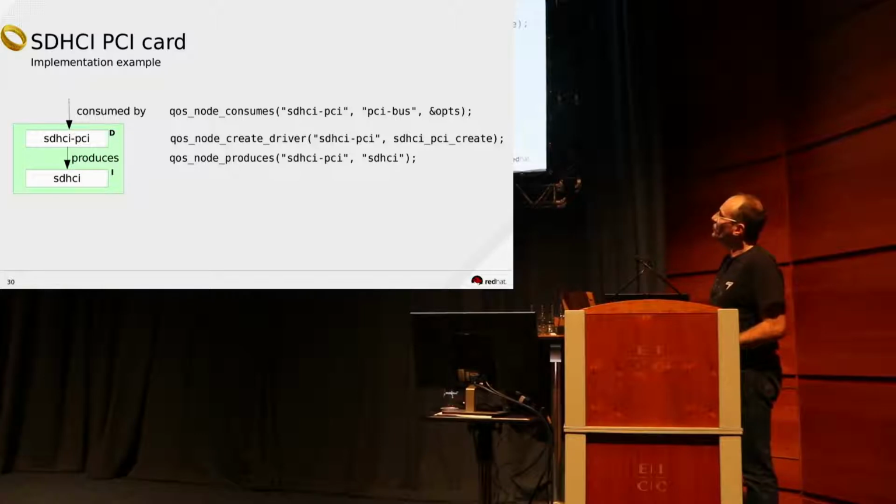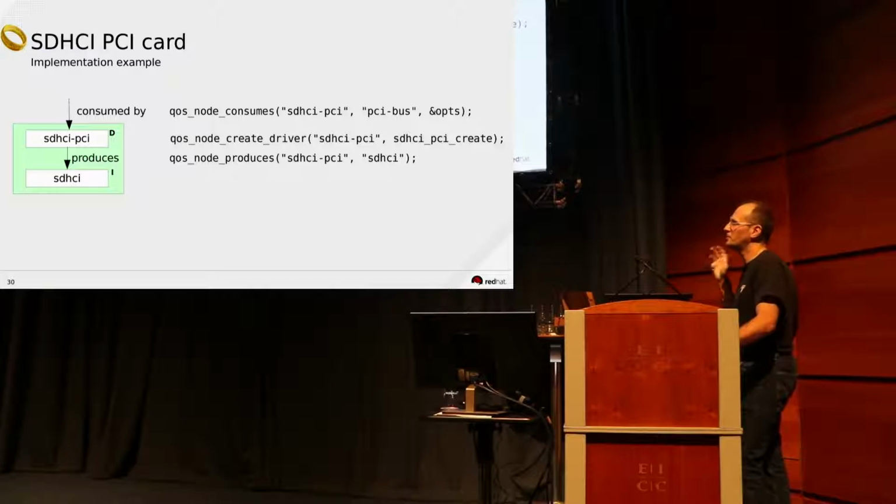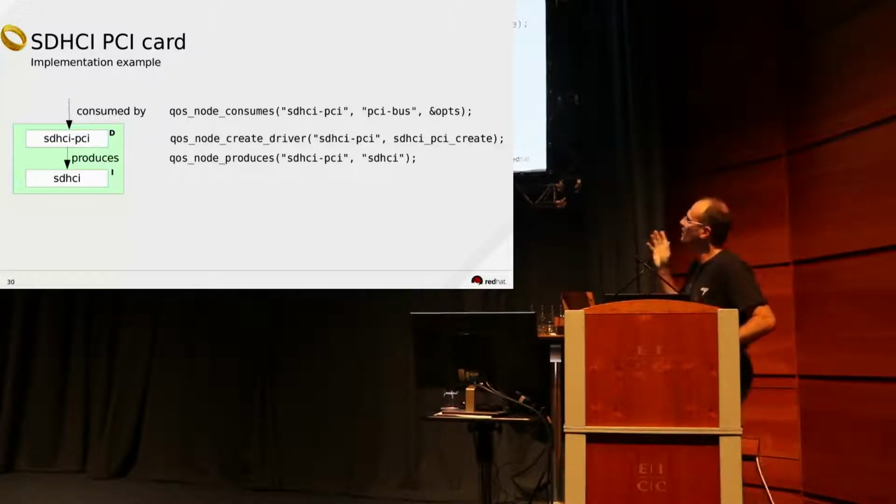We have the driver definition, and in this case, this is not a machine but a driver, and we have a constructor because the constructor cannot be called by the machine, as the card, the driver, can be plugged into an interface. And we define what we produce. This card produces the SD card host controller.